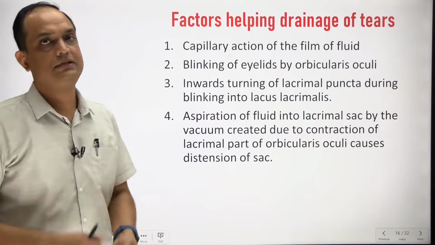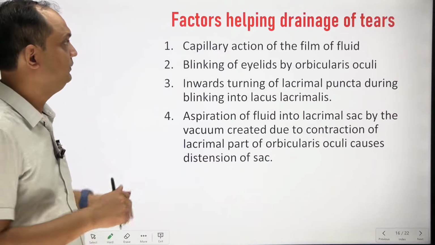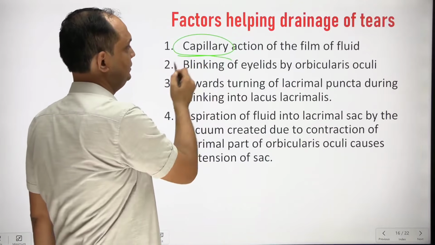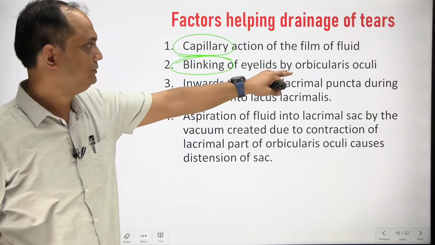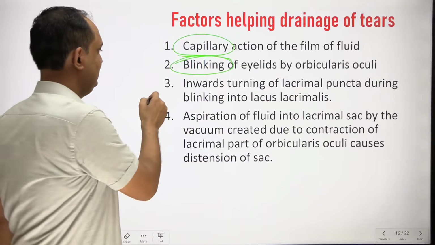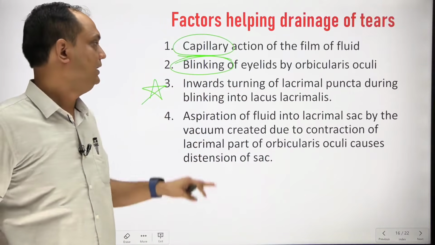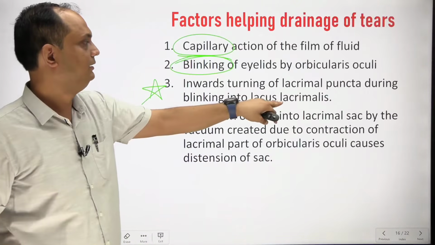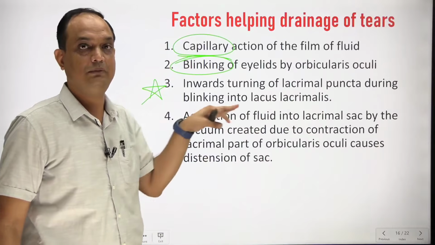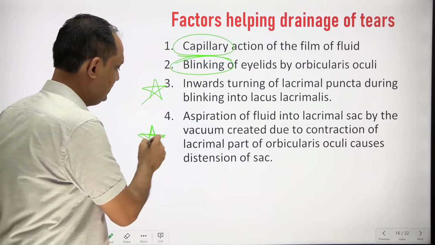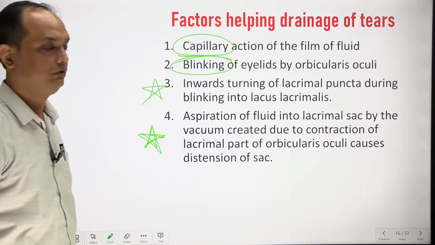Now what are the factors responsible for the drainage? First is capillary action. Second, I told you, the blinking action of the eye, which is produced by Orbicularis Oculi. Third, and most important, is the inward turning of the lacrimal puncta into the lacus lacrimalis by the blinking action. And the fourth important thing is that when we contract Orbicularis Oculi, there